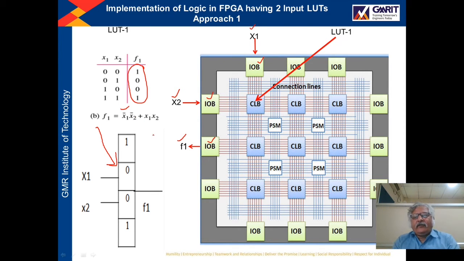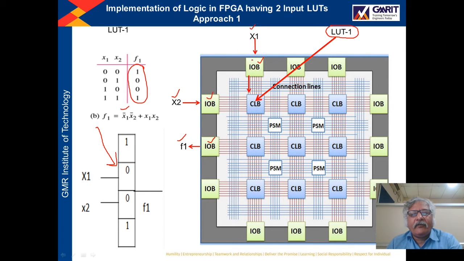And let us assume the placement and routing tool has selected the LUT of this particular CLB. This particular LUT is selected. So what will happen when my bitmap file is downloaded in this FPGA? Then the logic will be implemented in this particular LUT only. It will be done by the software. The software itself will select the LUT and all the routing algorithm, everything.